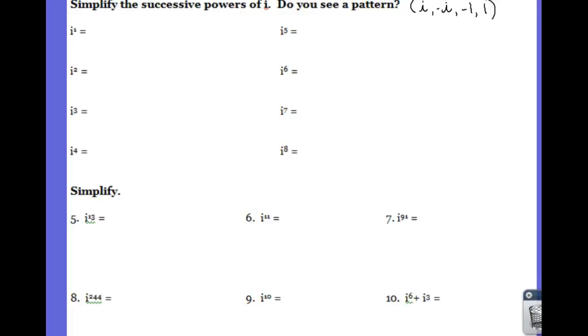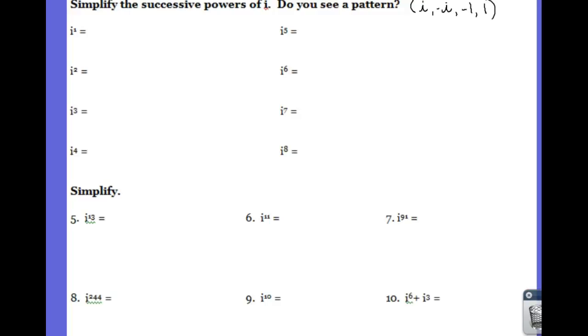So I only want to see i, negative 1, or 1 when it says to simplify and you have a power of i. So anything that looks like the examples down at the bottom. In order to be able to do that, we need to talk about and find a pattern for a power